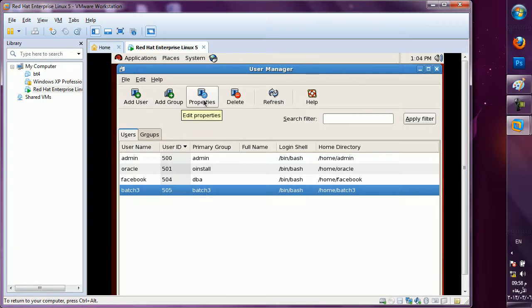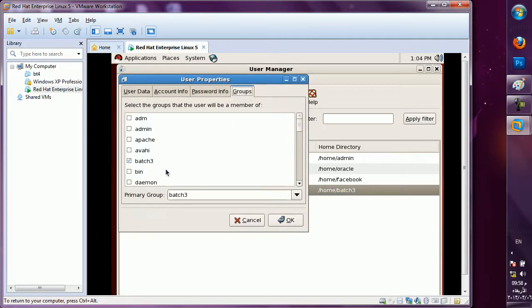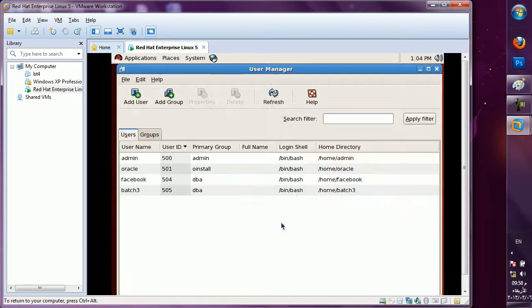Just click on Properties, and here you will find one tab, Groups. Under that, select the groups that the user will be a member of. So my batch 3 is a member of the DBA group. Now I have shifted batch 3 to the DBA group.